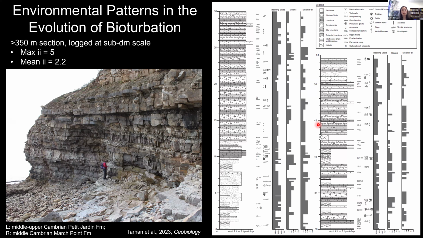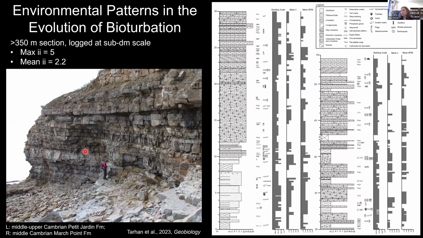So to tackle this question, my colleagues and I have recently begun working in the eastern and southern portions of Newfoundland, Canada. In particular, we've done some work in the Port-au-Port region of southeastern Newfoundland, in which we have sedimentary strata of Cambrian through Ordovician age, so the same time interval we've been talking about, that are mixed carbonate-siliciclastic in lithology, and that are phenomenally exposed as sea cliffs as well as outcroppings in the intertidal zone.